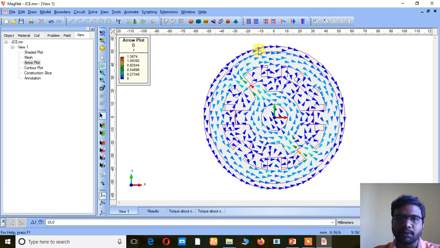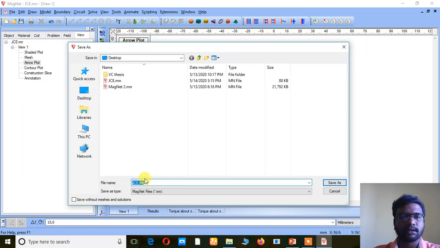Left side to the center pole, the flux is moving in the clockwise direction. When we excite the adjacent phase of the center pole, the flux moving in the back iron towards the mid pole is in clockwise direction, right? Now, I'm going to save this one, phase A.